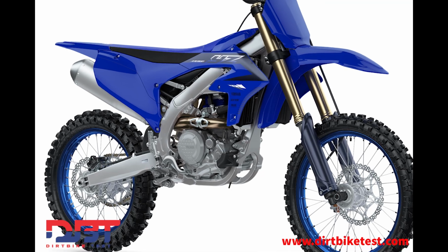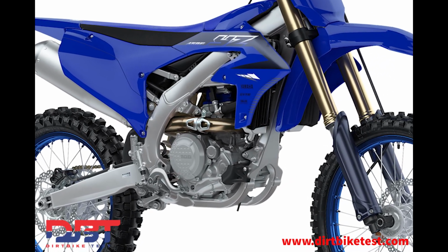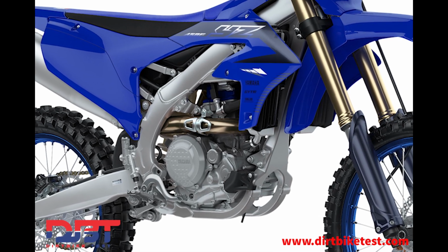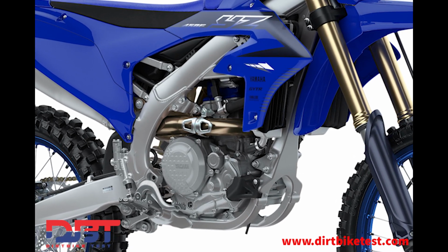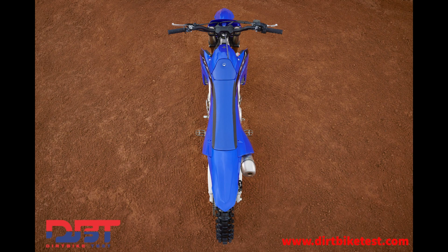Not much info has been released on the specifics of the frame, but we have heard that in some places it is more than 50 millimeters more narrow, an issue that riders sometimes complained about on previous YZs. The Kayaba suspension components are familiar and proven with updates in the settings to match the rest of the new machine. The new slimmer and flatter profile, more compact bodywork is said to give a much lighter and more precise